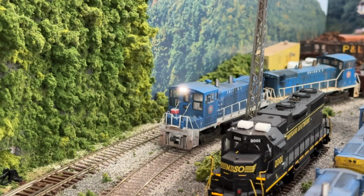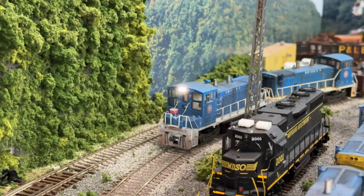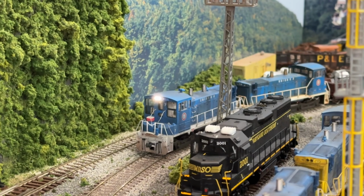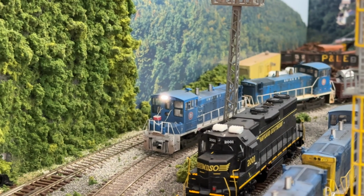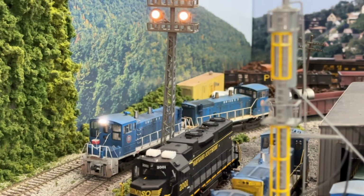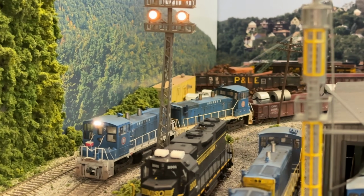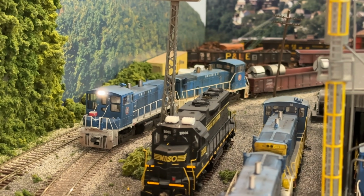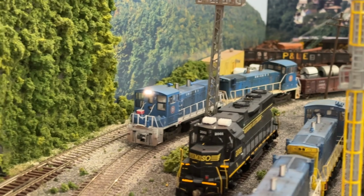And today what we're going to do is finish up the 20 crew job from the last operating session, which didn't quite get done, which was fine because it was a heavy day. And we're going to go ahead and drop off the cars that you see behind these two locomotives, which is a string of about 12. I'm going to drop them off, and then we're going to come into the yard